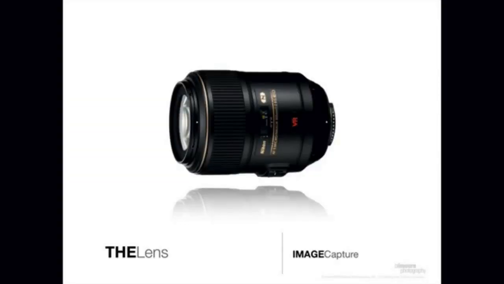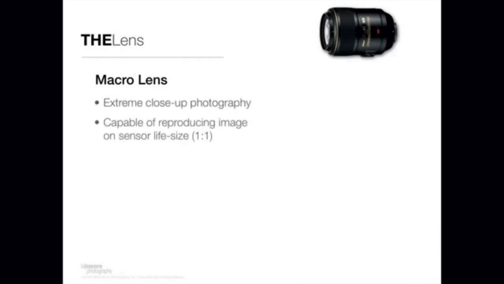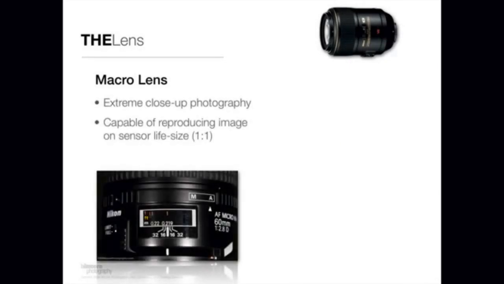Macro lens. A macro lens is used for dental photography or really any kind of extreme close-up photography. And what makes them unique is that they're capable of reproducing an image on your sensor that's actually life-size. And each macro lens has a little window on it, as you see in the photograph at the bottom here,